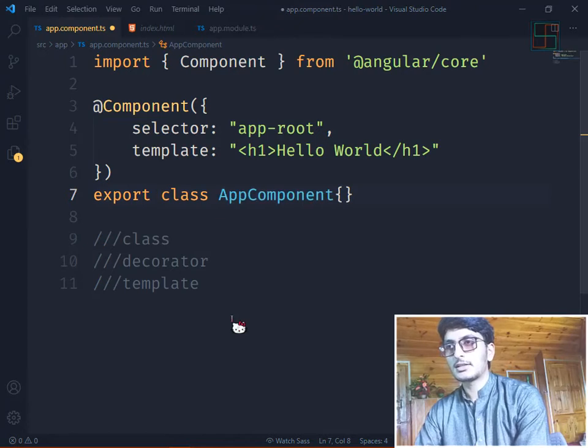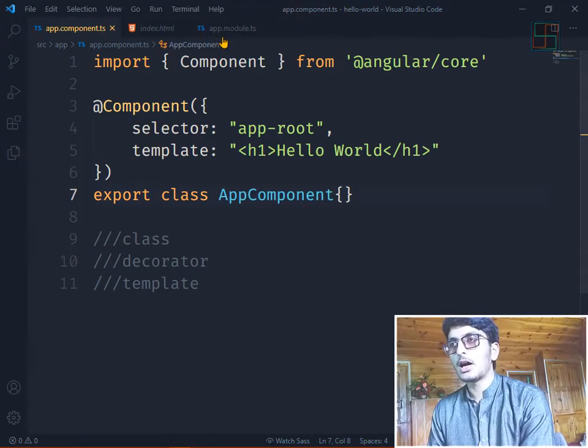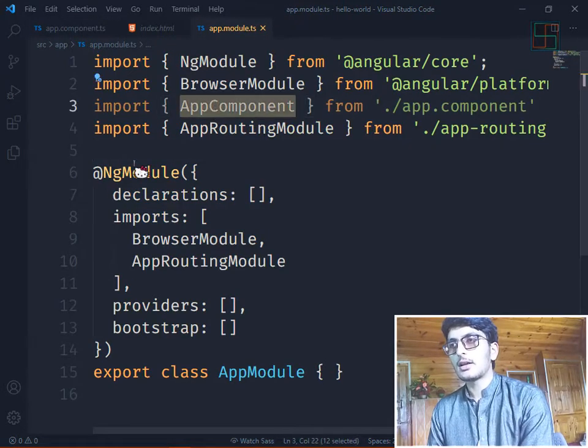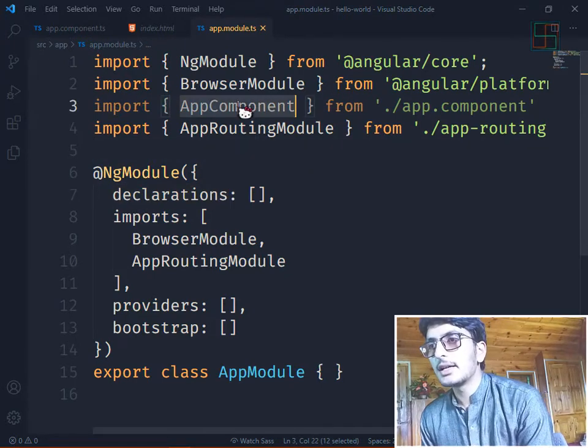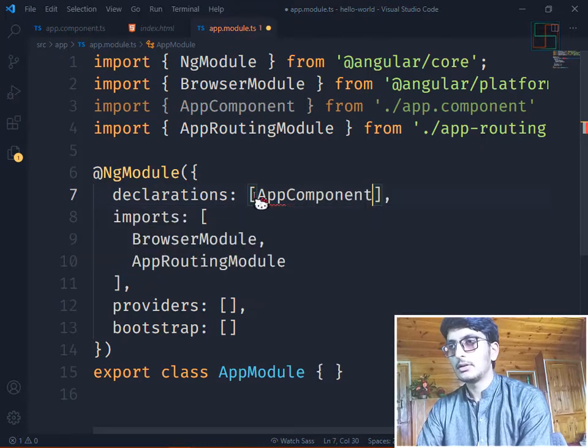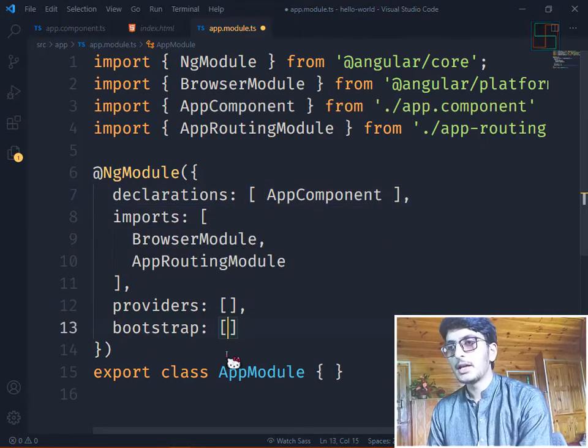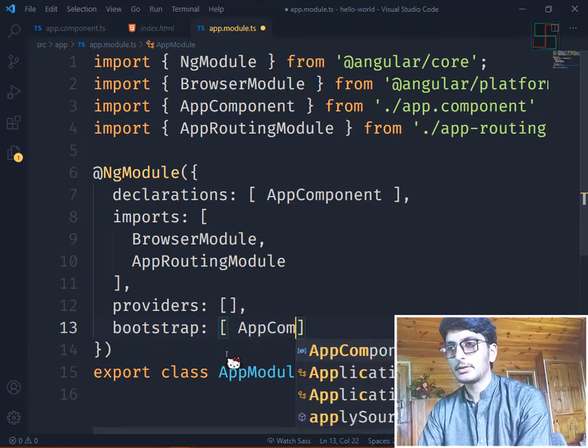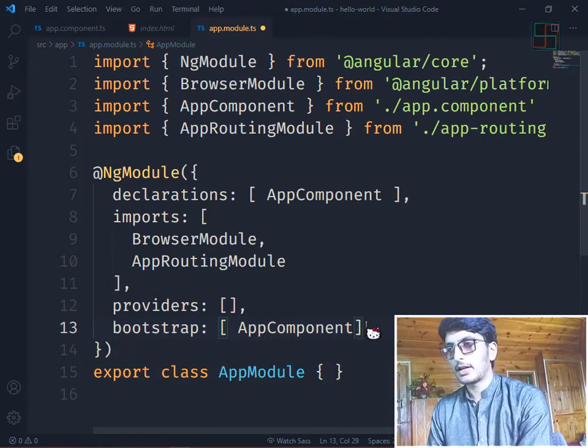Let's export this class from here, and now open the app module. The error is gone. Okay, let's declare this AppComponent here, AppComponent, and bootstrap our AppComponent from here.